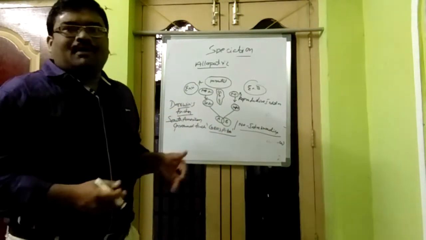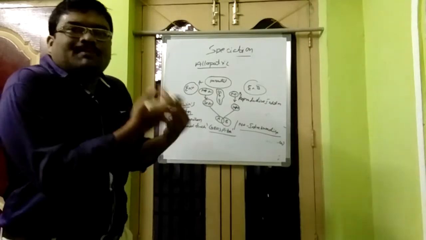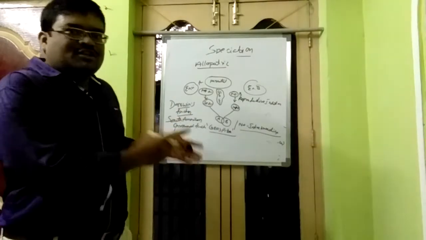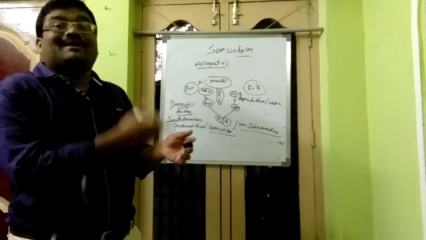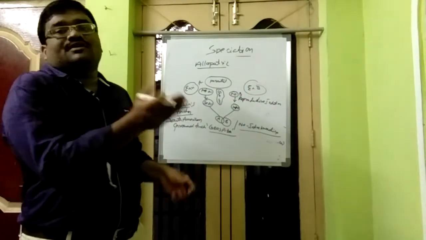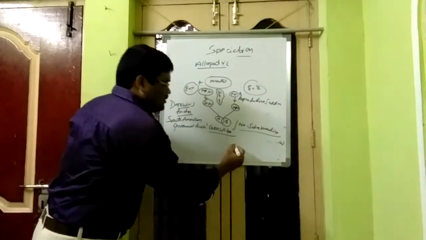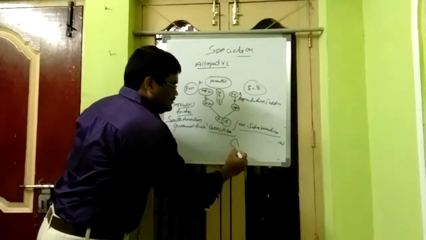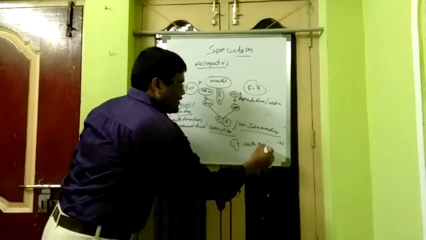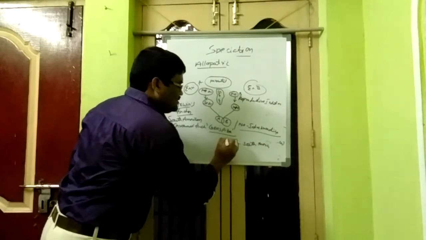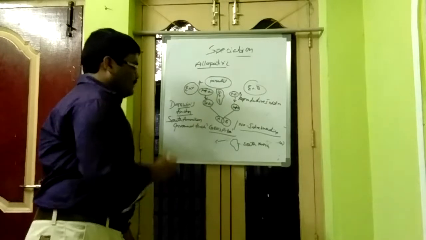From the parental population inhabiting the South American continent, these Darwin's finches colonized different Galapagos islands, a group of islands, the Galapagos archipelago off the coast of South America. Say this is South America, for example, and a small group of islands. If I magnify it,